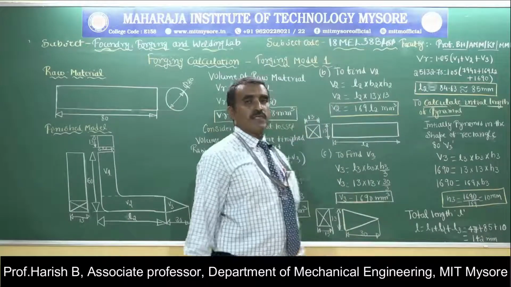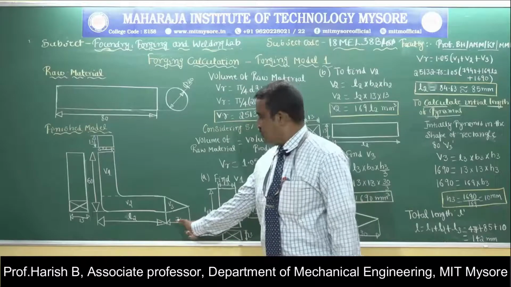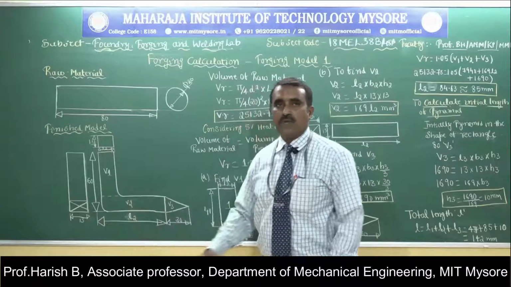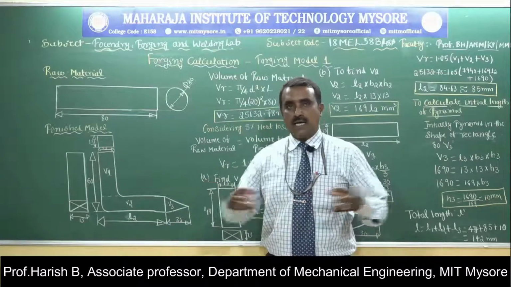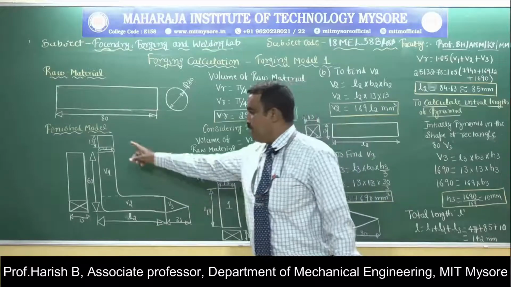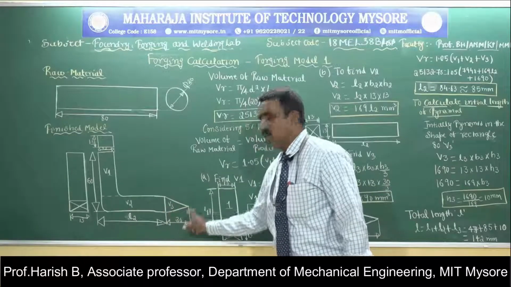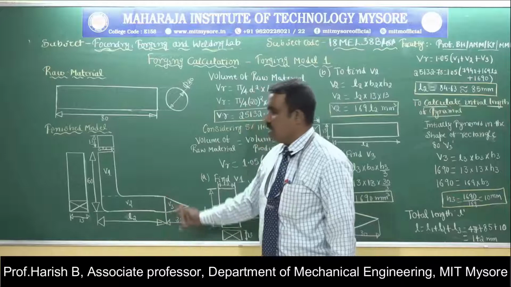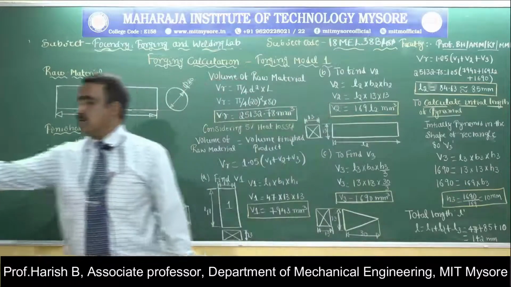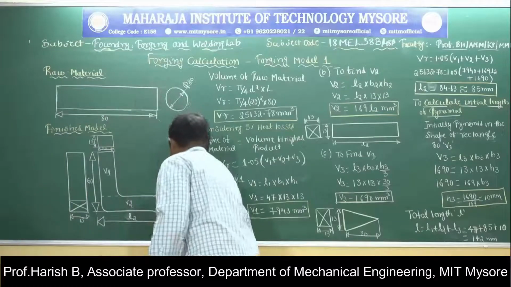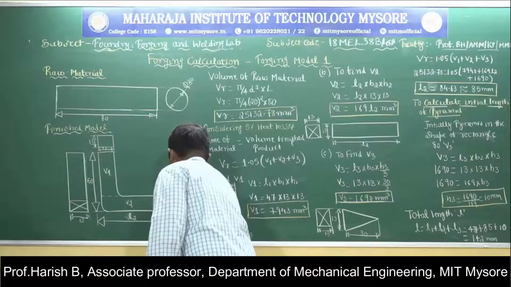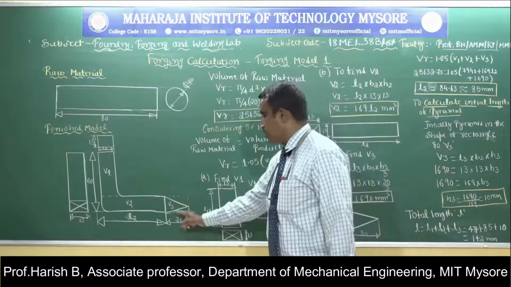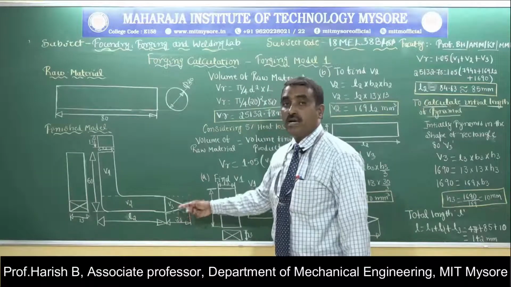Next, you have to calculate what should be the length of the pyramid. This is very much important. So finally it is 30. What are the different operations we perform? First the length is increased, then bending is done, then here I should get a square pyramid shape. So this length is 30. Initially it will be a rectangular cross section. It will be like this. It will be a square cross section that has to be changed into a triangle shape.